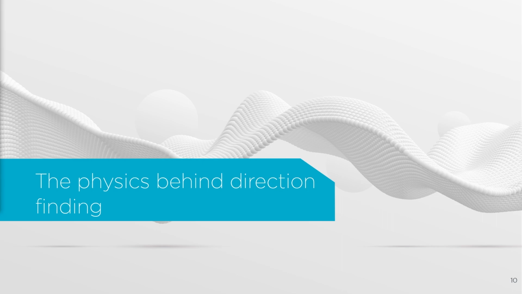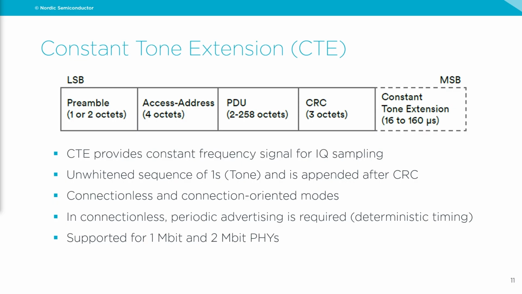So we'll talk a little bit about the physics and how everything is set up when it comes to the Bluetooth specification. So when you're looking at this one, the way you are doing the angle resolution is that you basically have a standard Bluetooth package with the preamble, the access address, and so on. But what is new and that came in with the Bluetooth 5.1 is this constant tone extension that comes in the end. This one is the feature that allows you to do the phase shift